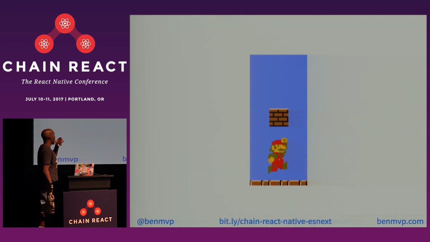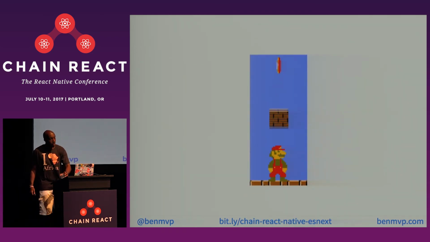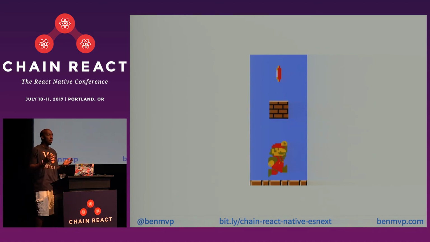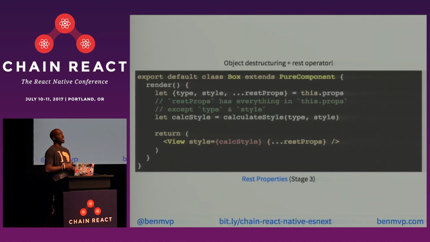I did want to give you one bonus here. I had a feature that I wanted to talk about that was really short and I had no clear place to put it. So I'm putting it right here because it's related to the spread operator, but in fact this is the rest operator. If you have an object, in this case this.props, and you destructure out type and style like we talked about earlier, you can get an object that's everything else in that object, which is the rest operator. So I'm using the rest operator here to get restProps, which will be everything else in it.